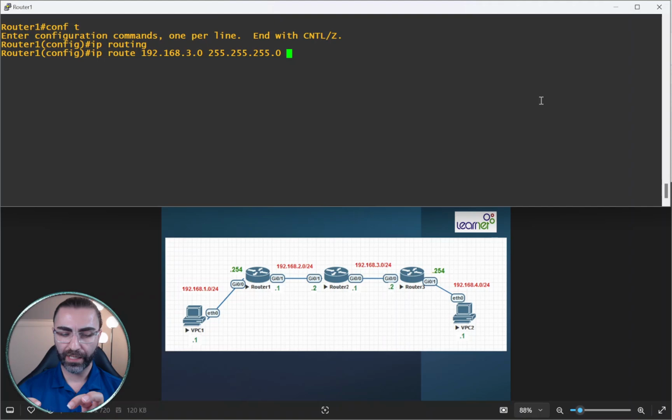But the thing is, if you're dealing with Ethernet or multi-access networks, it is recommended to use the next hop IP address because you don't need to do ARP queries and responses every time you send something out. But for a small point-to-point network, you can use the outgoing interface as well. So my personal advice is to add the IP address of the next router, which is 192.168.2.2 in this case. And same thing for